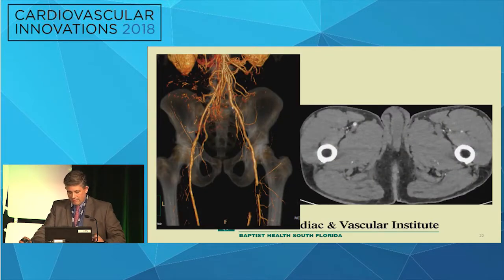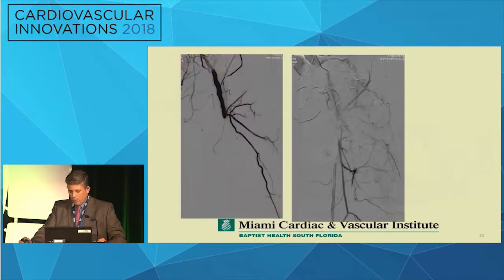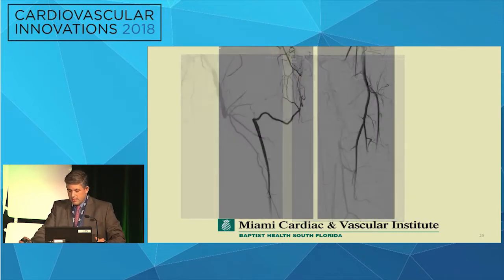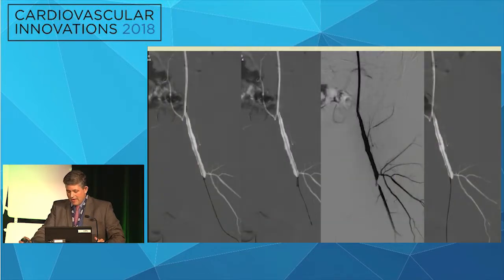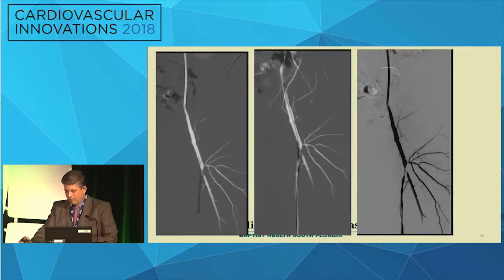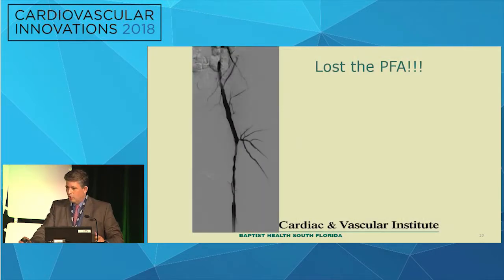You can see here, again, it was a focal area, common femoral profunda, origin of the SFA, that kind of triad, that bifurcation. This is what we found, probably some element of acute disease on chronic disease, able to get into that profunda, suction out what we could find acutely, able to perform a small angioplasty, trying to get some flow in that profunda, then into the SFA. You can see how tenuous that bifurcation is. And I think here, you don't want to lose your profunda, and this is what happened in this case.